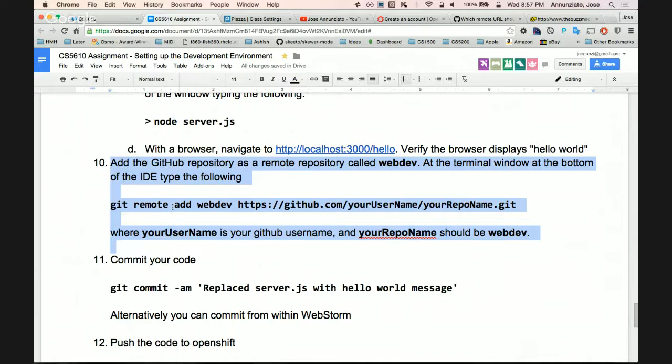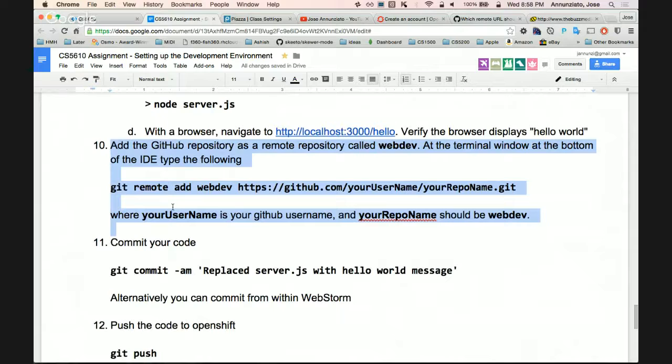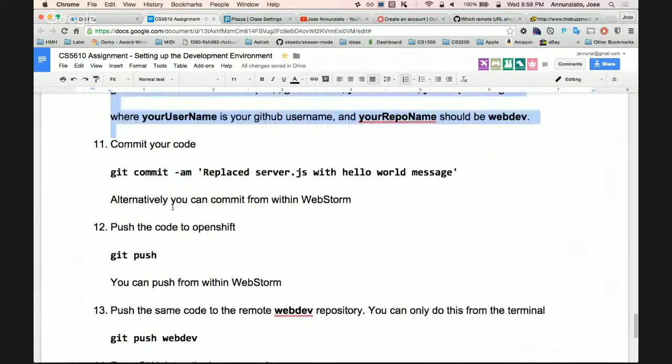So you're going to add this other remote to your git, which is going to be GitHub, your username, and the repo name, which should be WebDev 2016. And commit. So you're replacing the server.js, you're committing it, you're pushing it. And when you push to both.